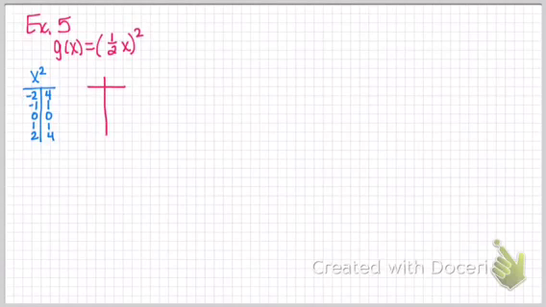Alright, so for our function here, what is that 1/2 going to do to it? Well, it's inside the parentheses with x, so we know it's going to be horizontal. It is multiplied, so it's either going to be a stretch or a compression. So which one is this going to do? Well, what happens when you multiply by 1/2? When you multiply something by 1/2, it gets smaller, but remember when we're dealing with x, it always does the opposite. So multiplying by 1/2 would normally make something smaller, but with x it's going to make it bigger. So this is going to be a horizontal stretch